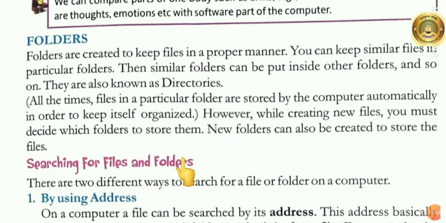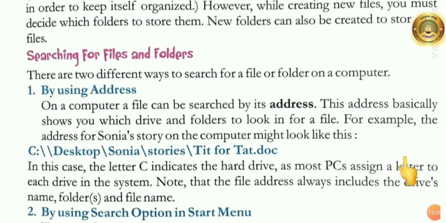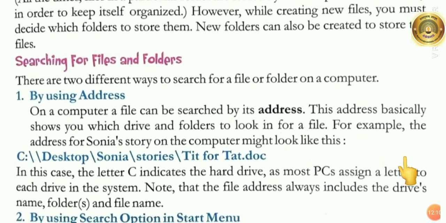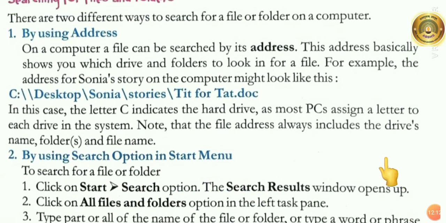Searching for files and folders. There are two different ways to search for a file and folder on a computer. First is by using an address. On a computer, a file can be searched by its address. This address basically shows you which drive and folder to look in for a file.